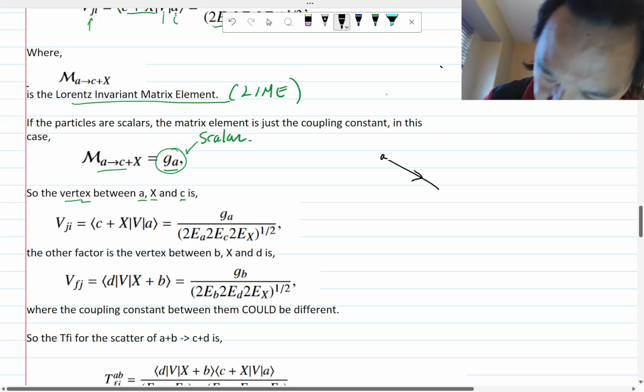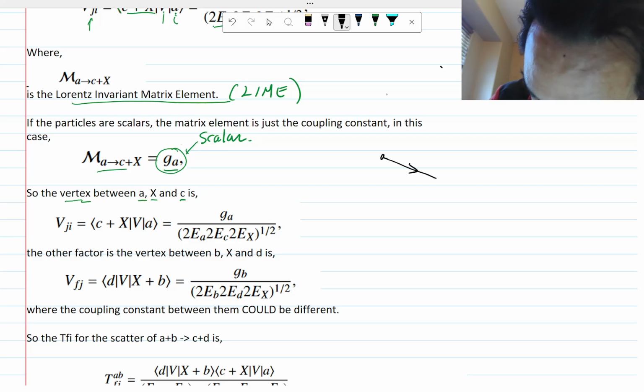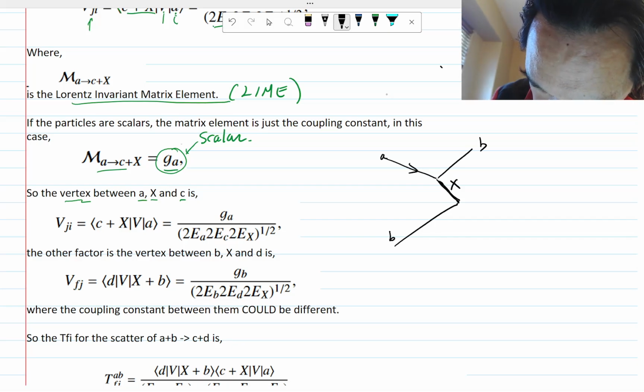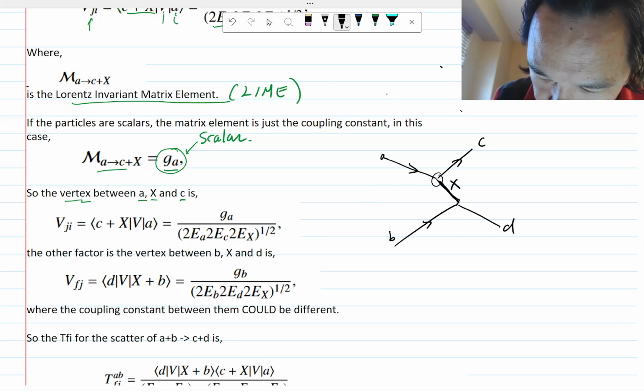I'm doing the photon already, which is not necessarily true. Let's get off some B. This is some particle X. Oops, I think this is particle B. This is C. D, right? So in order to account for this,